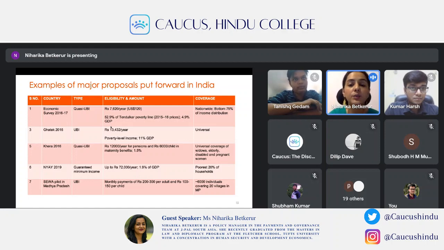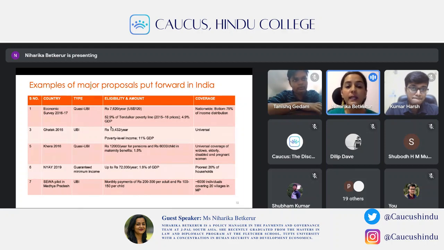And this would cost about 1.5% of the GDP, whereas something that costs rupees 13,000 per year would be around 11% of GDP, which is massive, and there's just not enough fiscal space to make that happen. Another, of course, famous one is the one proposed by the Indian National Congress in 2019,